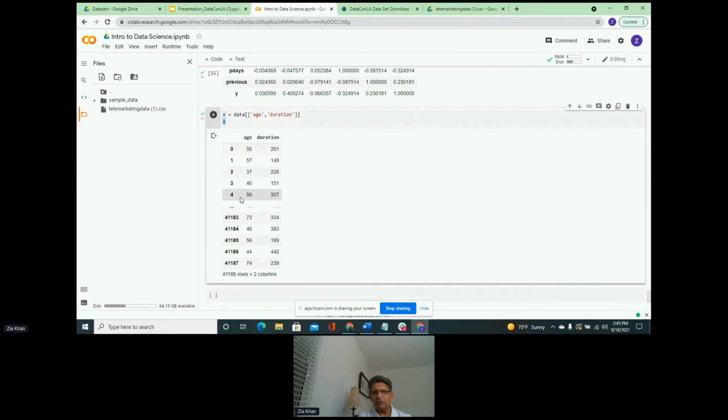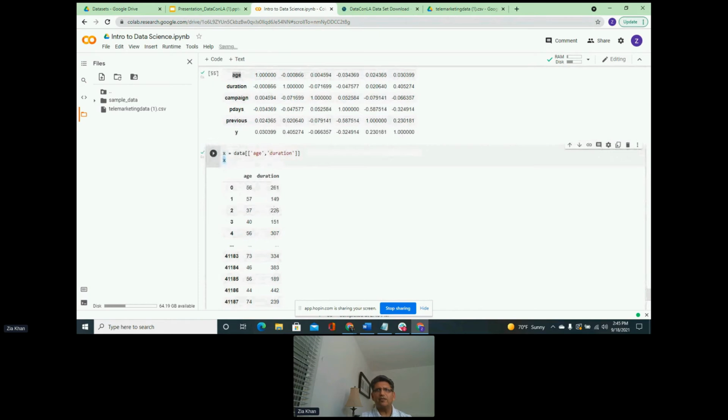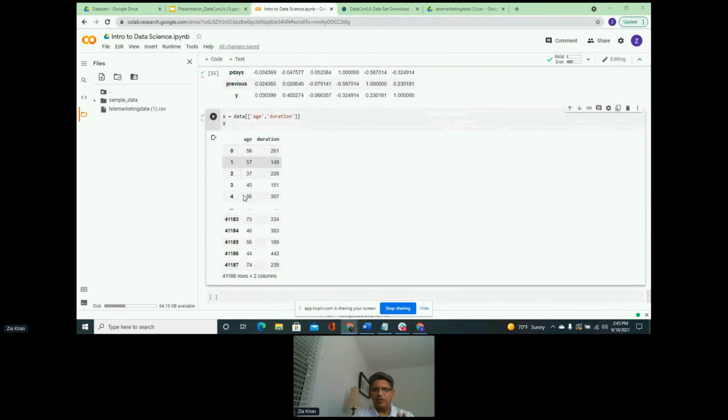This is how the object looks, and it has 41,188 rows and 2 columns. Earlier we had multiple columns, but now we have reduced it to 2 columns because we just wanted to see how this is going to perform for our algorithm. That was our first step.